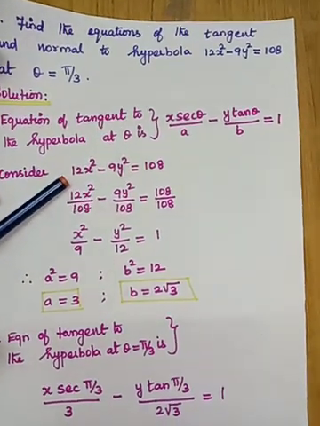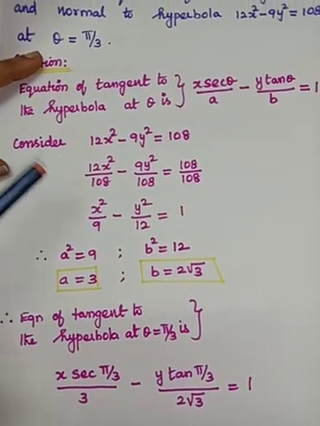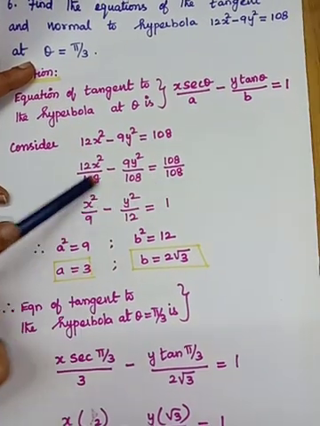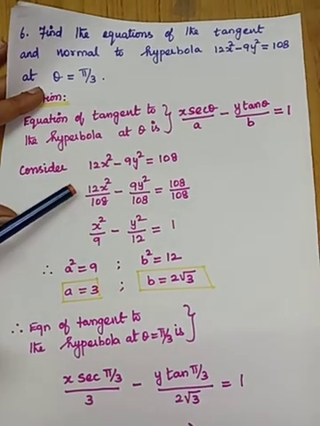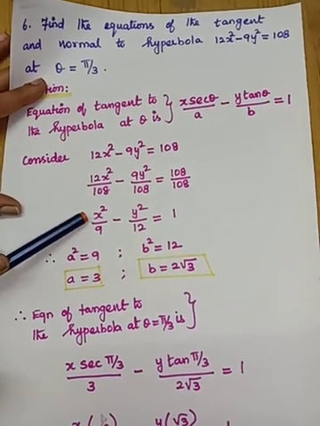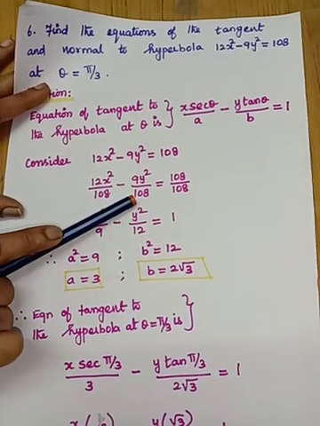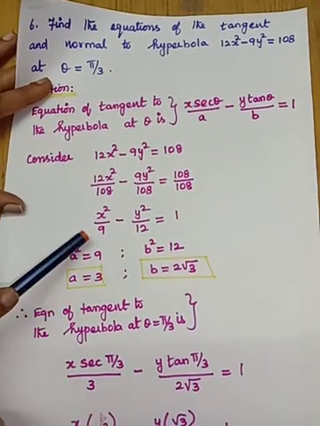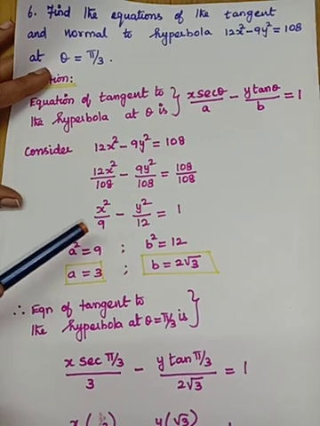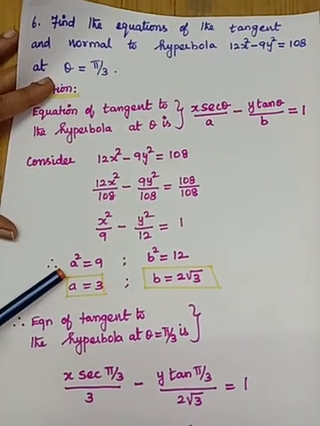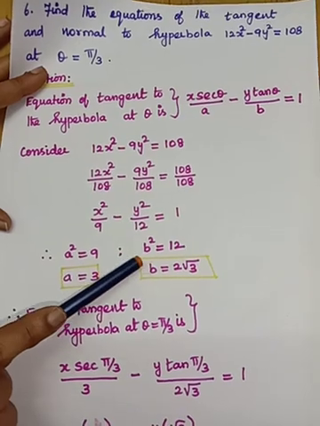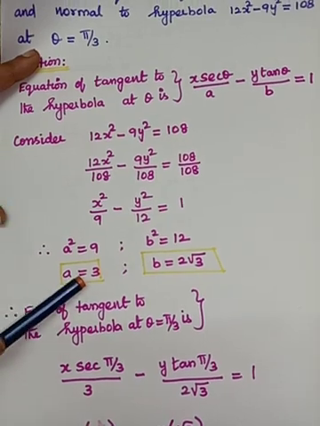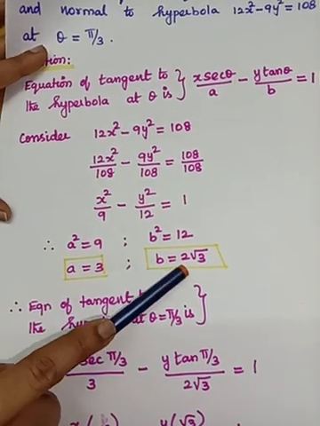So first you consider the equation of the hyperbola, bring it in the standard form. So to bring it in the standard form, the right side should be 1. So the terms have to be divided by 108. So 12 by 108 is nothing but 1 by 9. 9 by 108 is 1 by 12, which is equal to 1. So it's a hyperbola. You need not worry about the bigger term or the smaller term. The denominator of the first term has to be taken as a squared. So a squared is equal to 9, b squared is equal to 12. Here in this formula what is needed? a and b. So a is equal to 3 and b is equal to 2 root 3.